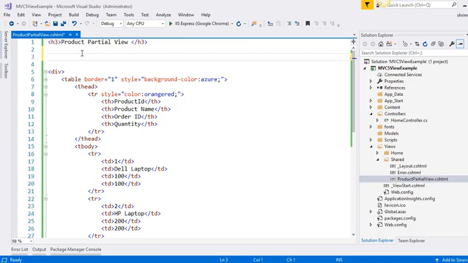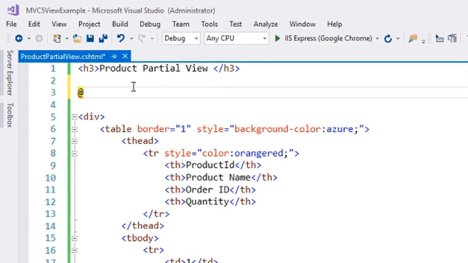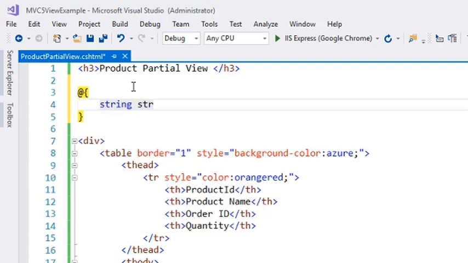To write multi-line C# code, we need to use the syntax for writing multi-line code, @ with curly brackets open and close. Or if you write single line code, then we can only write @. string, I will say str, instead of welcome I will say message is a string name, and we can provide any message name. I will say product table detail,